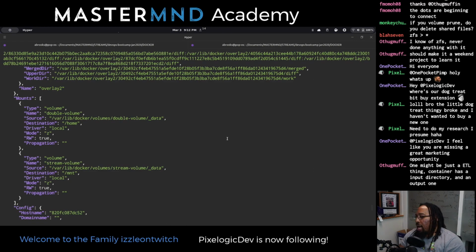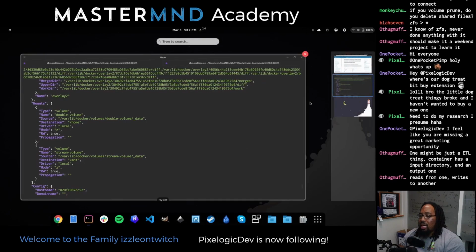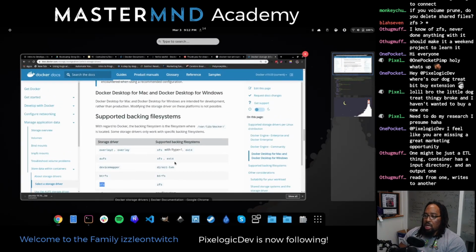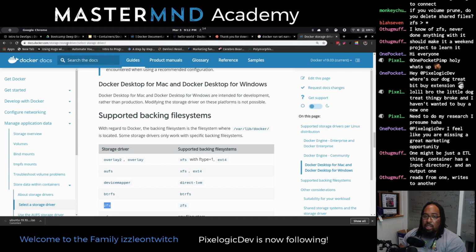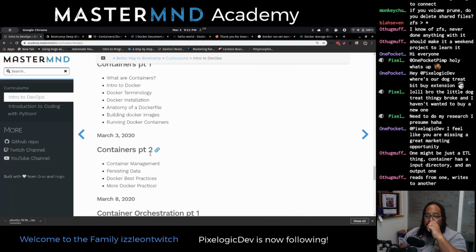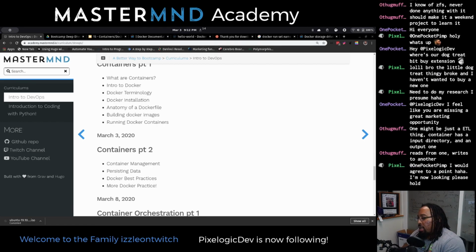Cool. So we did that. We're going to dive a little bit deeper in a second. Does anyone have any questions so far about persisting data to a Docker container? Because it really is a big concept. You will likely be asked about it in an interview if they ask you anything about containers. There are other ways to do this. Well, there are other elegant solutions people have come up with. I've seen people do some wild stuff with S3, which I think is very brittle, but it kind of makes sense. It's kind of nice.